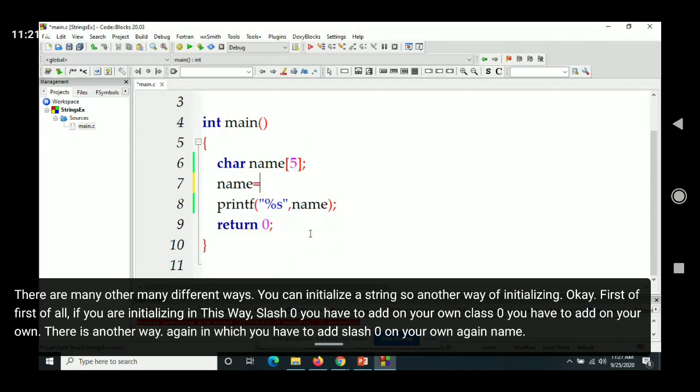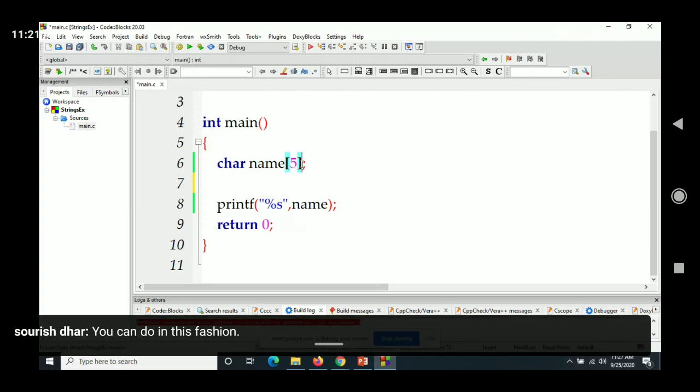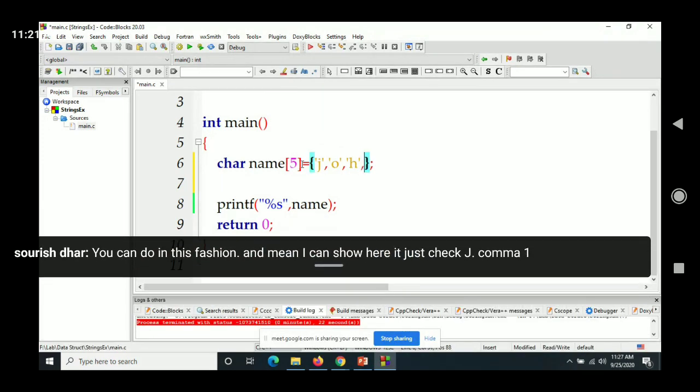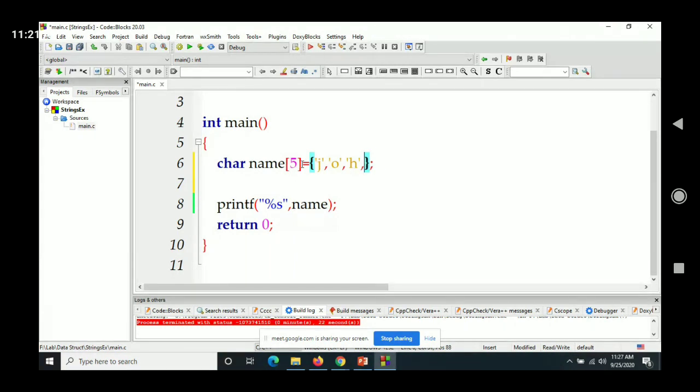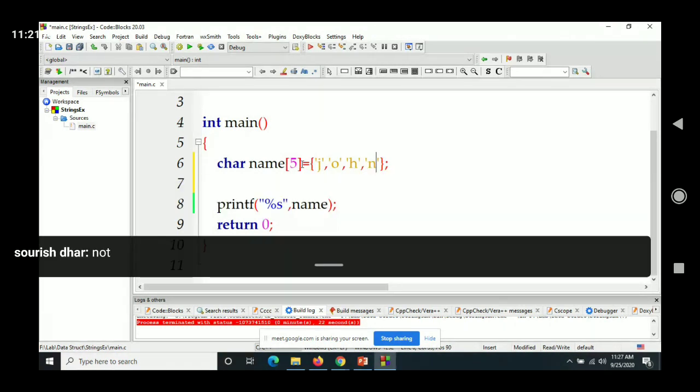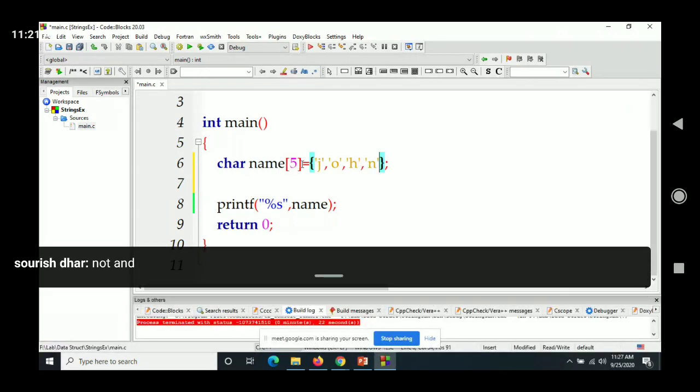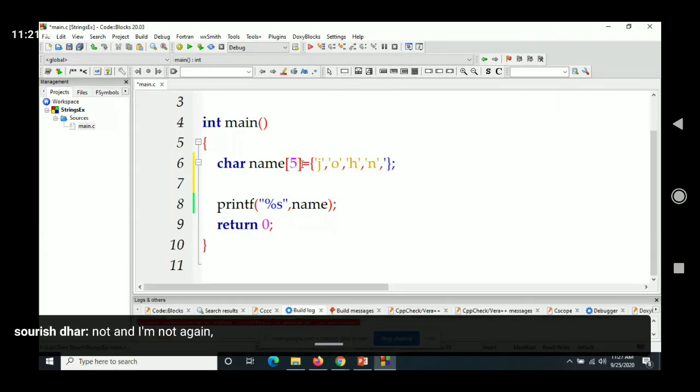Okay, wait a minute. We can do it in this fashion. As the name, I can show here itself. Just check: J, comma, O, comma, H, comma, N, comma, and again you have to enter \0.